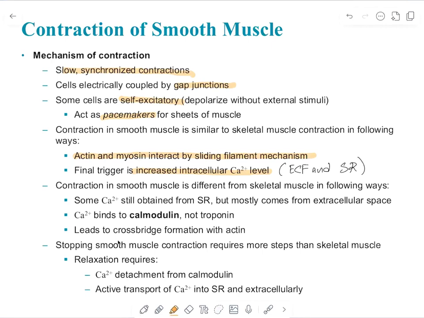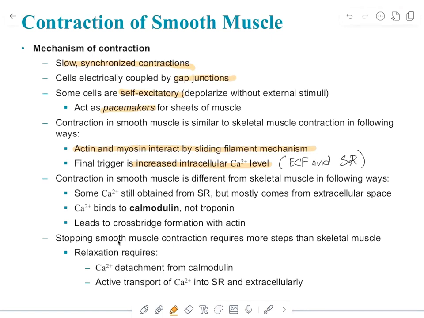The contraction of smooth muscle is different from skeletal muscle in some ways that you already know. Calcium is still obtained from the SR, but mostly from the extracellular space, from the ECF. Calcium binds to calmodulin instead of troponin, and there are cross bridges with actin. Stopping a smooth muscle contraction requires more steps than in skeletal muscle. For example, relaxation requires the calcium to detach from calmodulin. And like skeletal muscle, there's also active transport of calcium into the SR,